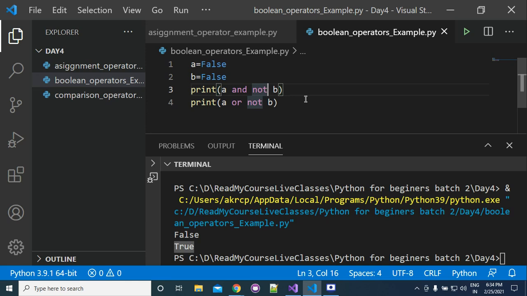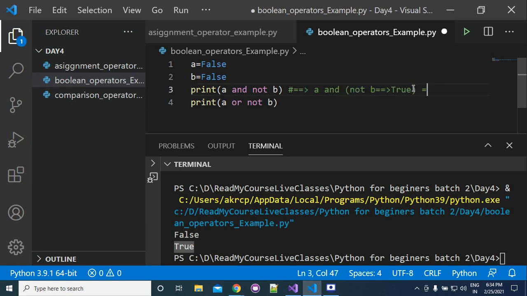So what's happening here? It is calculating like this. Not B will be converted to true, because B was initially false.